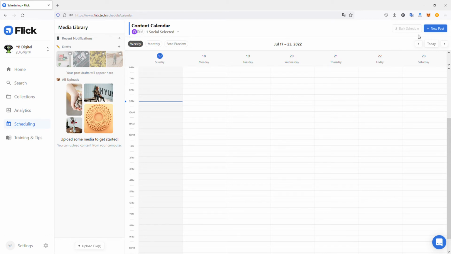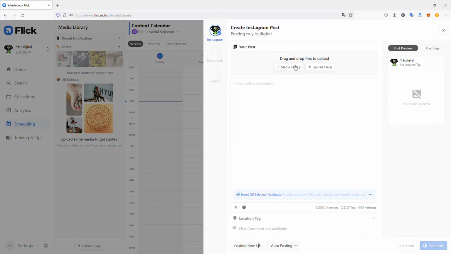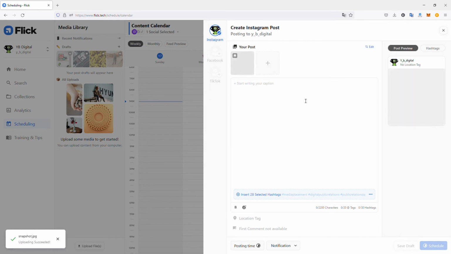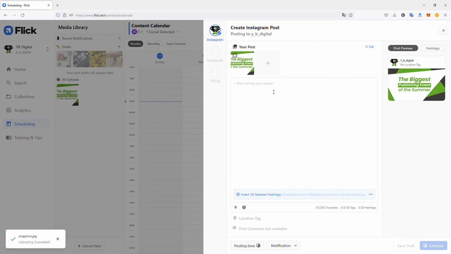So here we can create an Instagram post. All you have to do is push the button Create Instagram post. Select the file. I have no file uploaded yet in the Media Library, but just for this test, let's select, for example, this one, and here we can write a caption. So, for example, the